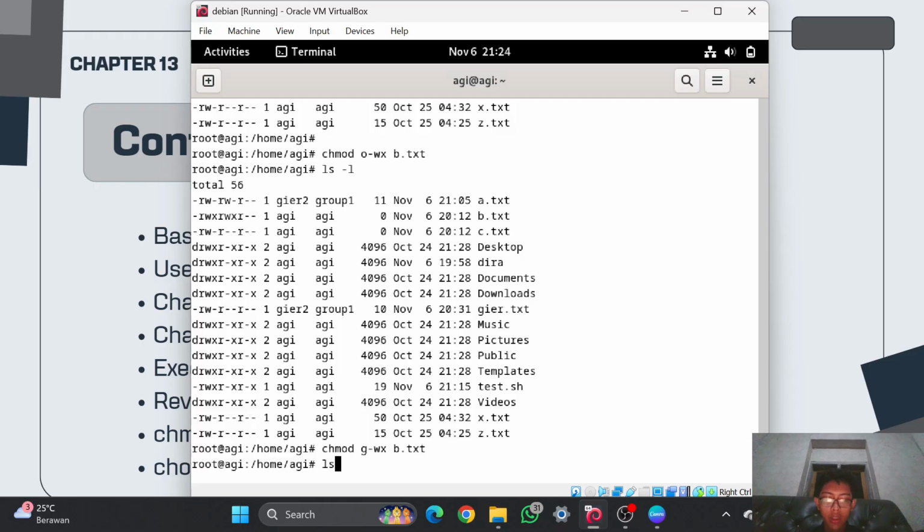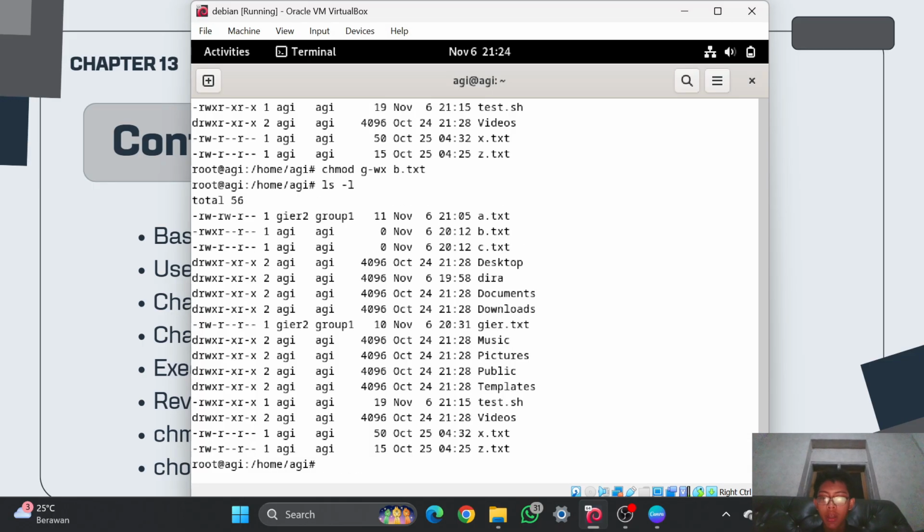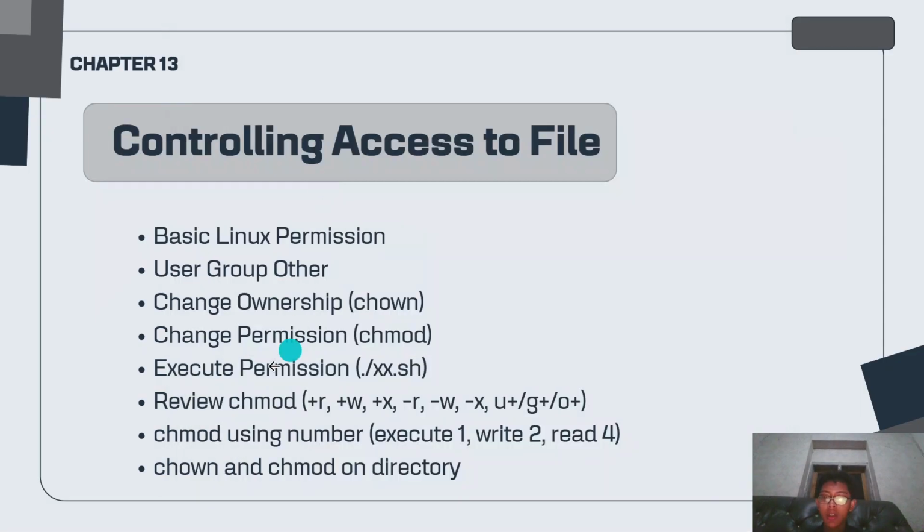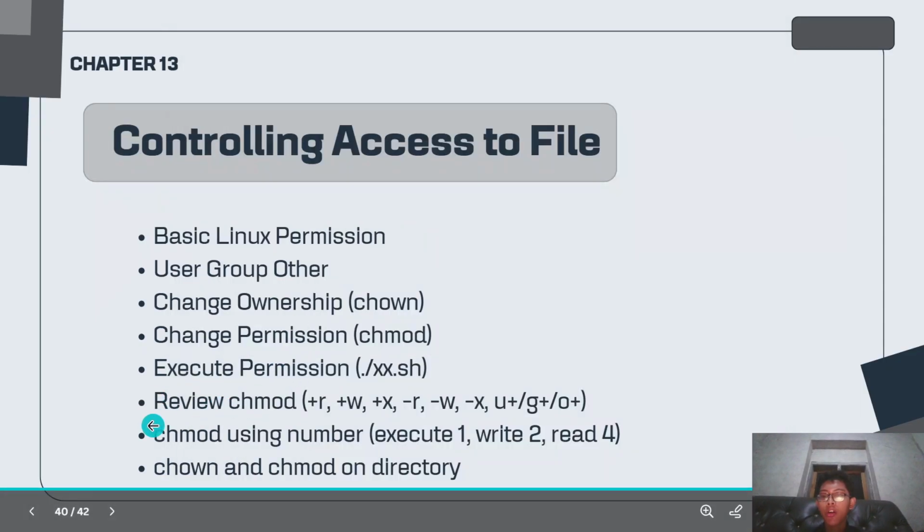I will enter it again and then ls -l, and as you can see right now the group Agi and also the other only have access to read the file b.txt. So that is the function of symbolic mode, which is a parameter of plus or negative, or u for user, g for group, and o for other.